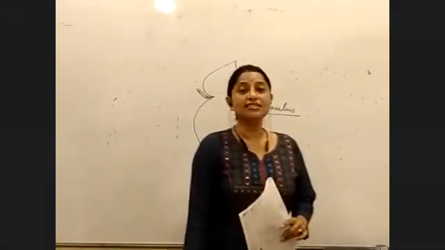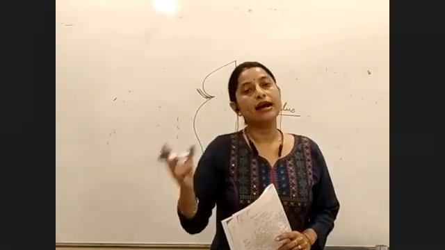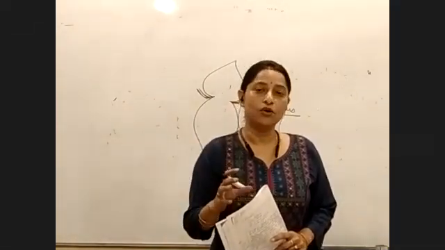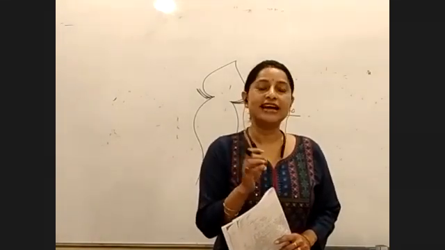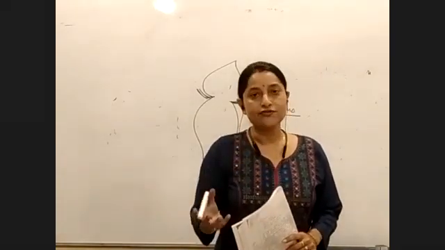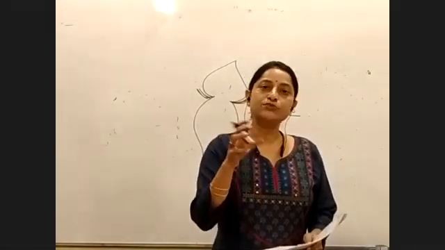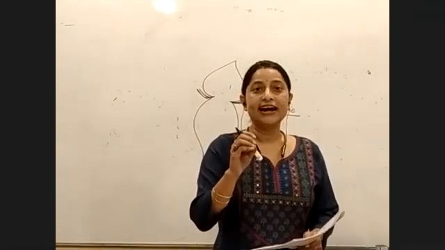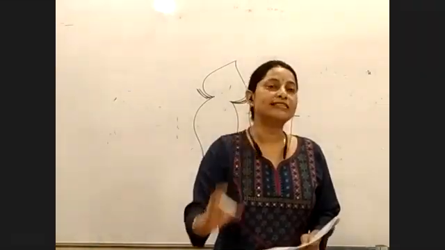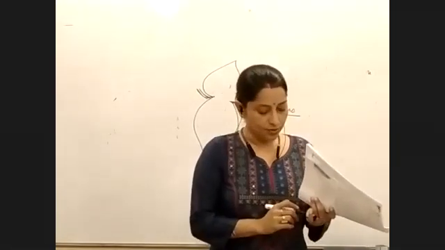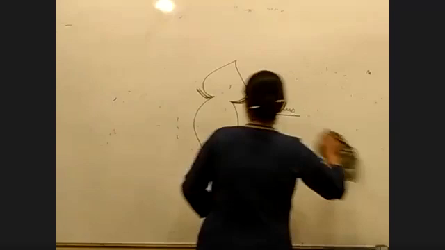So what is the annulus? That area through which the spores come out from the sporangium or the capsule. Spores are kept inside. In case of a bryophyte, it is inside a capsule. In case of a pteridophyte, it's inside the sporangium. So the part from where the spores come out is called the annulus. Is the point clear? Yes, ma'am. Okay.